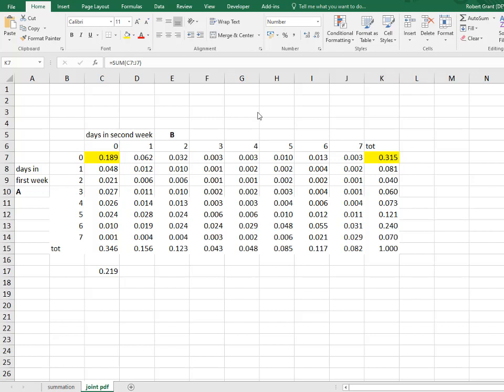So you just need to divide the probability of A is 0 and B is 0 by the probability that A is 0. And if you think about it, what the question is saying is, you know that in the first week you got 0, so you know you're somewhere on this line. So what's the chance you're actually here? So it's this divided by the total of all the line intuitively. So 0.189 divided by 0.3,